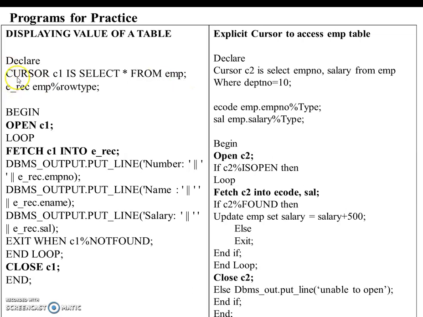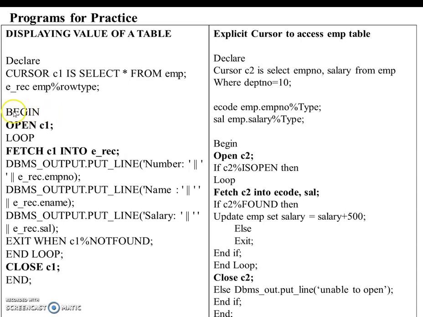After declaring the cursor in this fashion, I am giving one variable, eRecord, with the data type EMP%ROWTYPE. Now whatever rows are available within this employee table will get copied to this variable eRecord by using the data type EMP%ROWTYPE. The next part is the executable section, which is started by the BEGIN section.